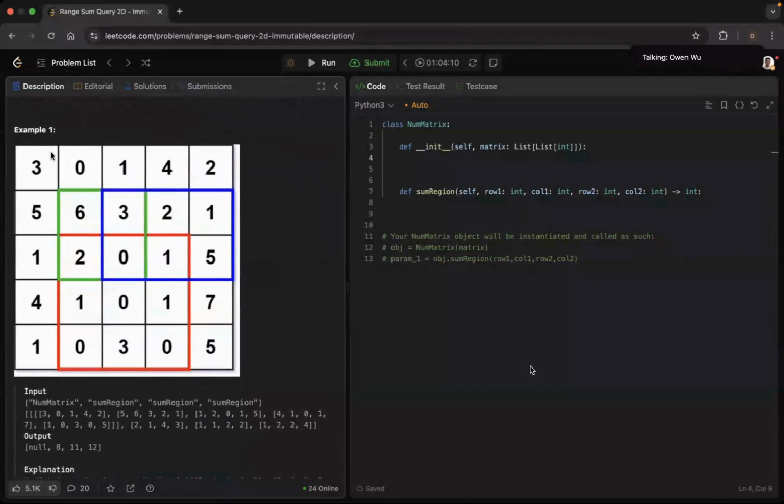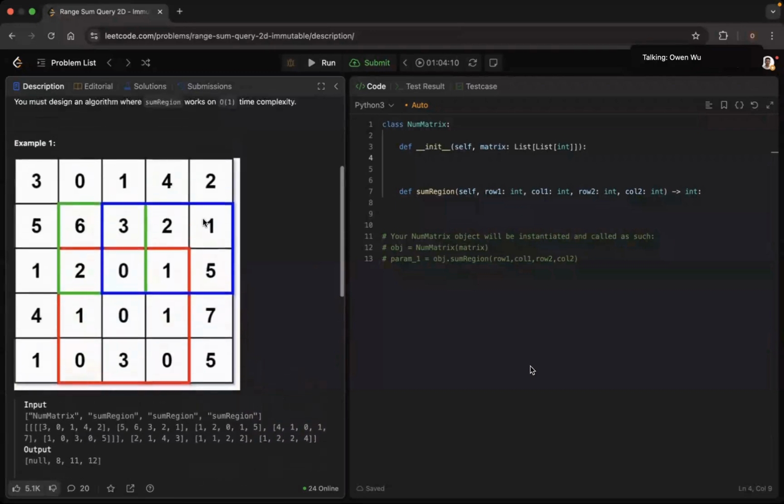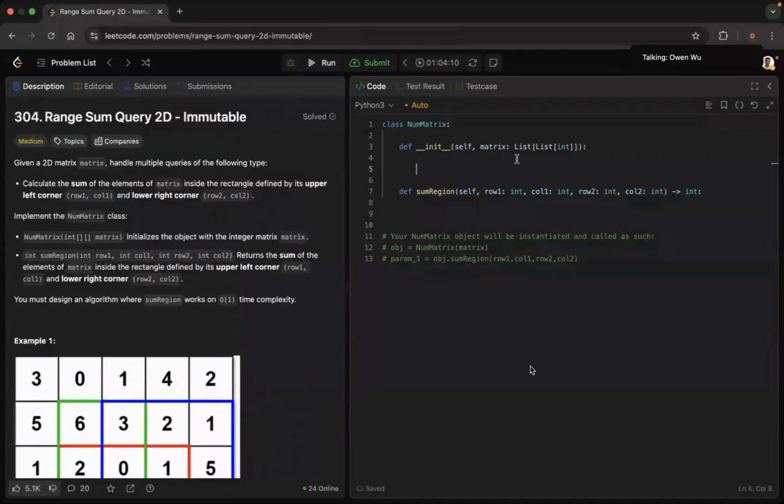You're given a grid, a 2D list of integers, and you want to find the sum of a particular rectangle or square in the grid, and you want to do it efficiently. So yeah, pretty simple. So the easiest way to do this obviously is just